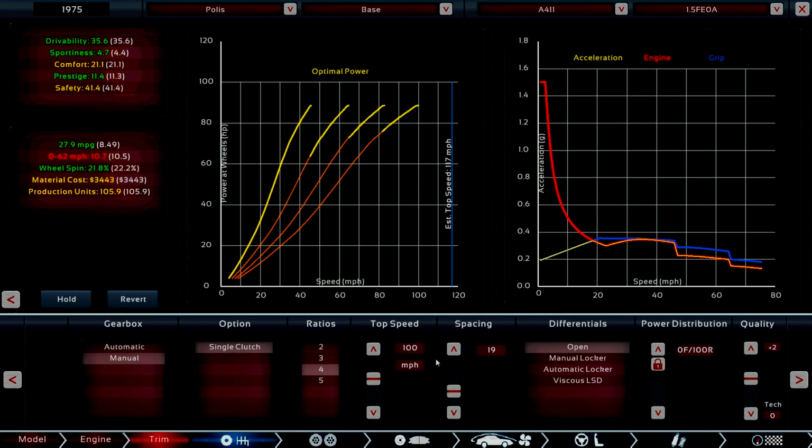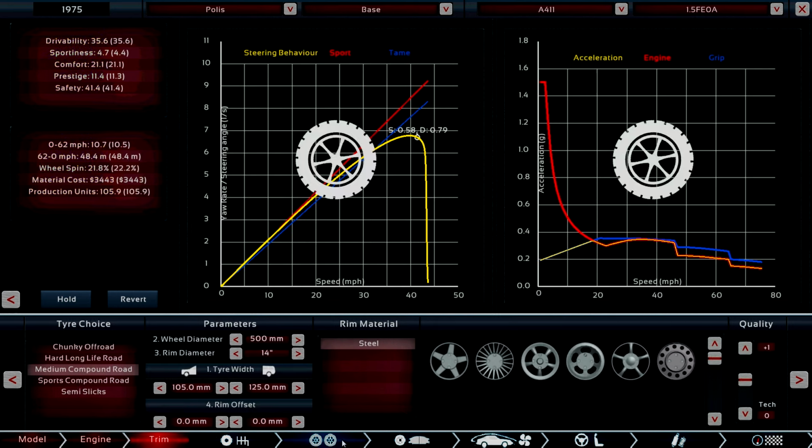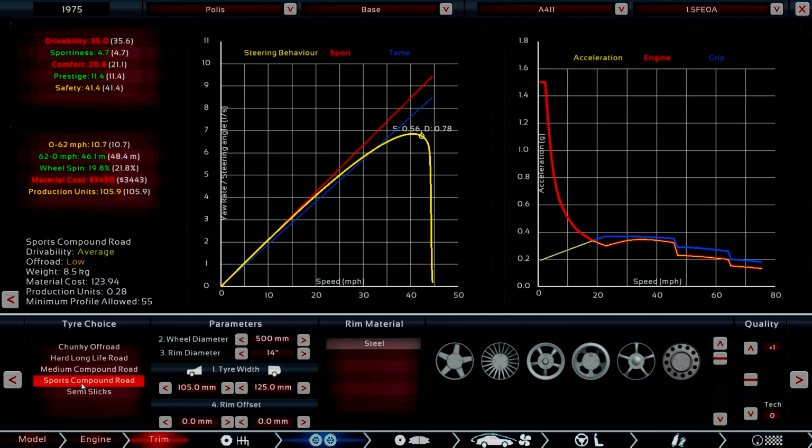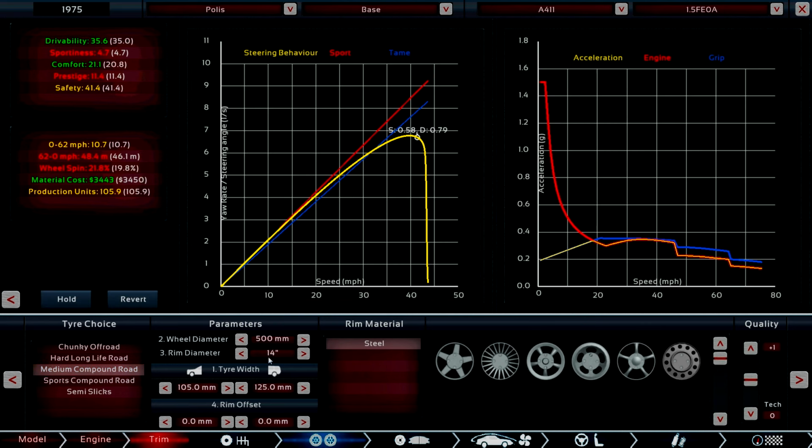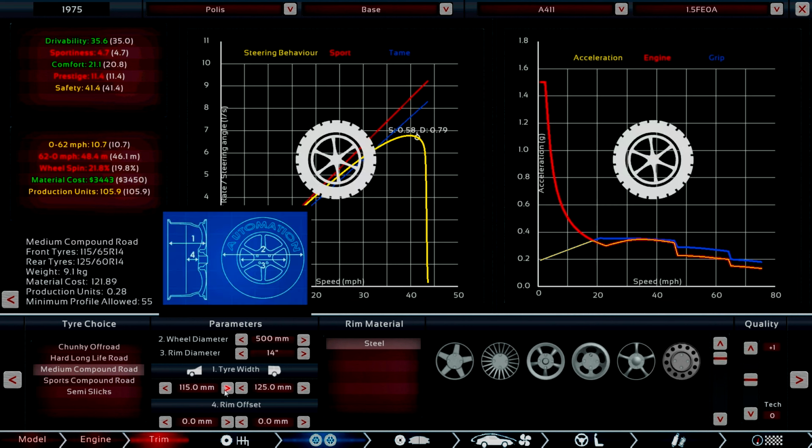Yeah, so that's about where I want to be there. That wheel spin's a pain in the rear end. If I went to sports compounds, I'd lose some drivability and lose some wheel slip, but it doesn't really matter to me. If I boost my tire width...